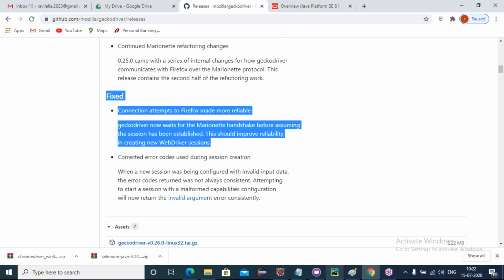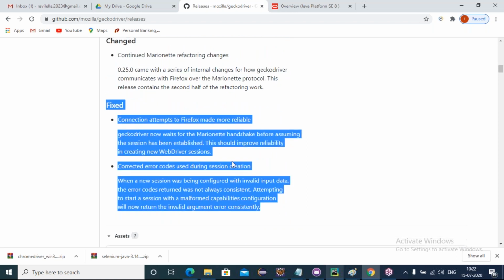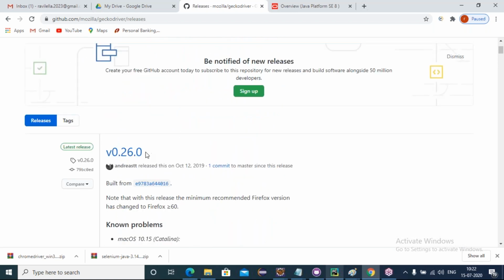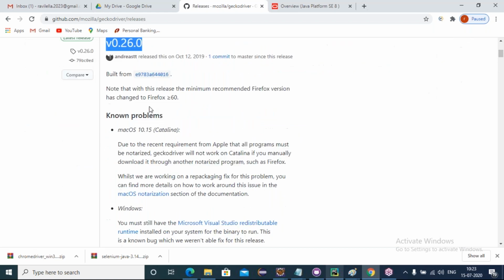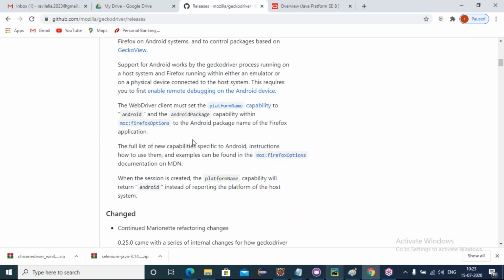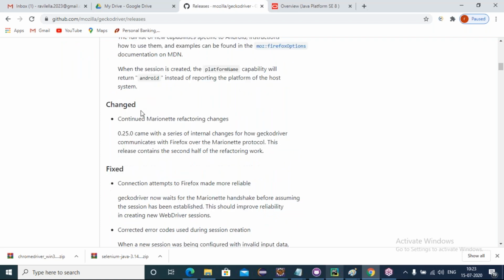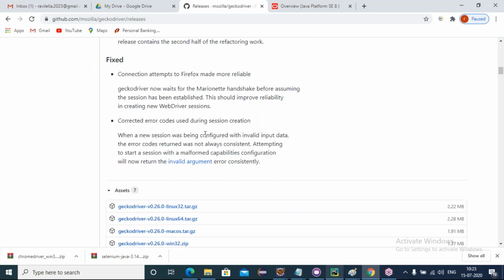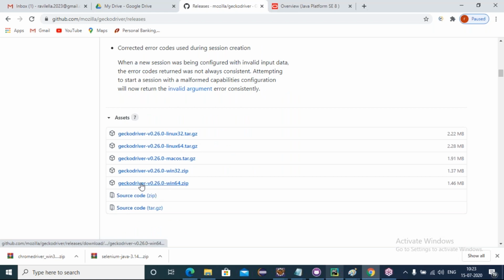Everything's history is displayed here for this Firefox driver version, with known problems given OS to OS. Okay, and what new things are added in this driver version, the changes and fixes, everything is displayed in this change log.